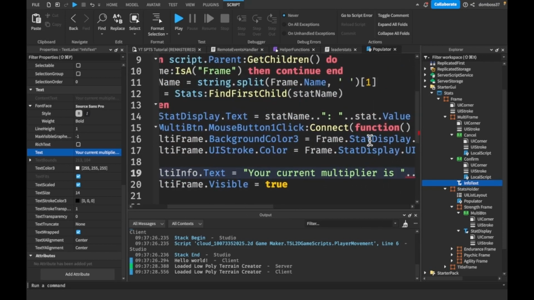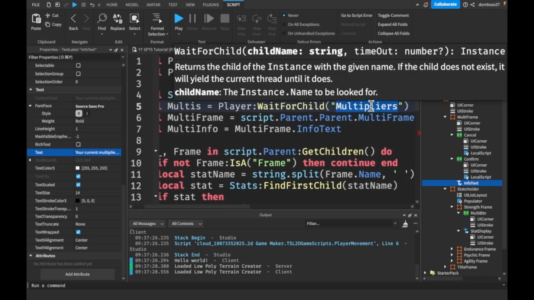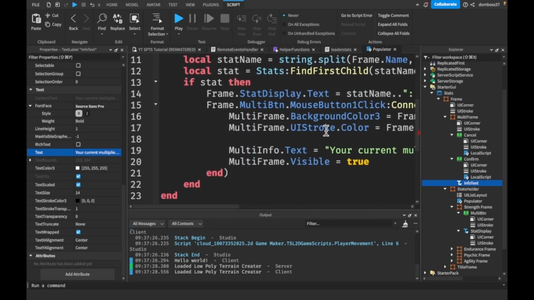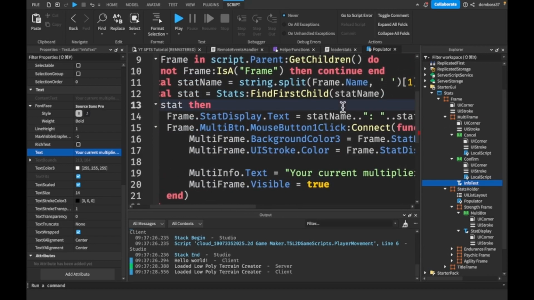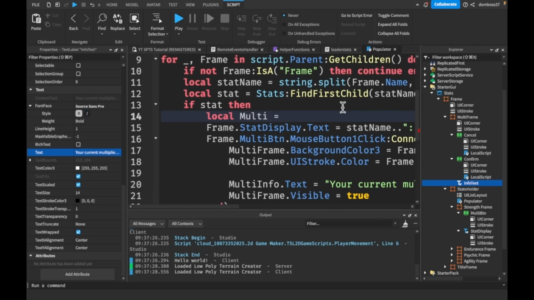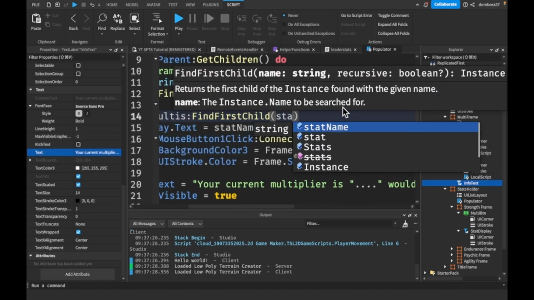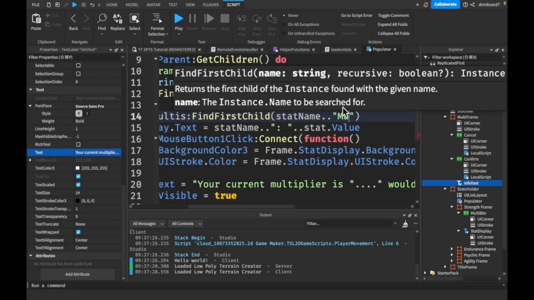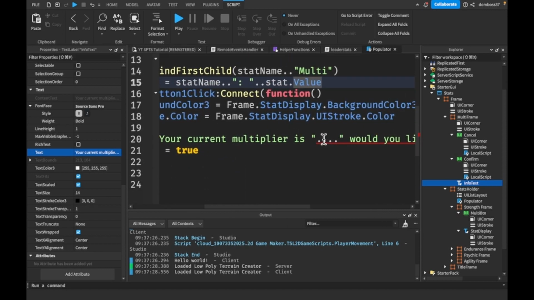Okay, so now what we're going to do is get our multiplier for this. So that's why we have this up here. So basically what we're going to do is say that up here, we'll say local multi is equal to stat multipliers, multis, colon FindFirstChild, and we will concatenate our stat name with multi, and that should give us our multiplier. So your multiplier is going to be multi.Value,